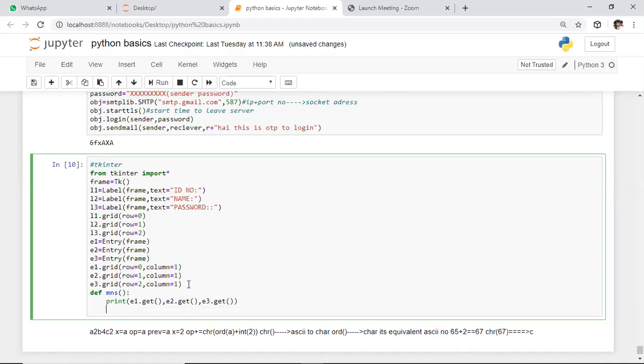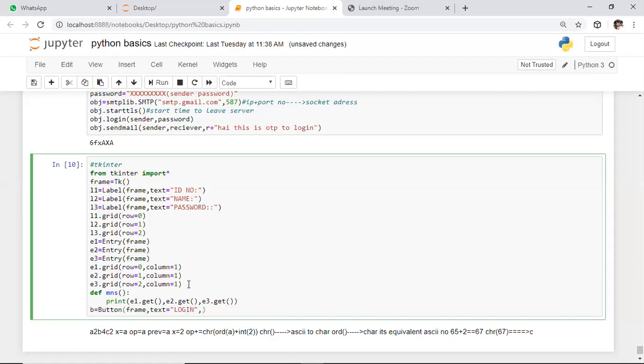After this, whenever you want to interact with the web page, we need to create a button. To create a button, we need to use the button function. Button is a function which is used to create a button. We are creating this button in the created frame itself. For this button, I want to keep the name as text. Here I'm keeping the name as login, so I want to give the name as login button.